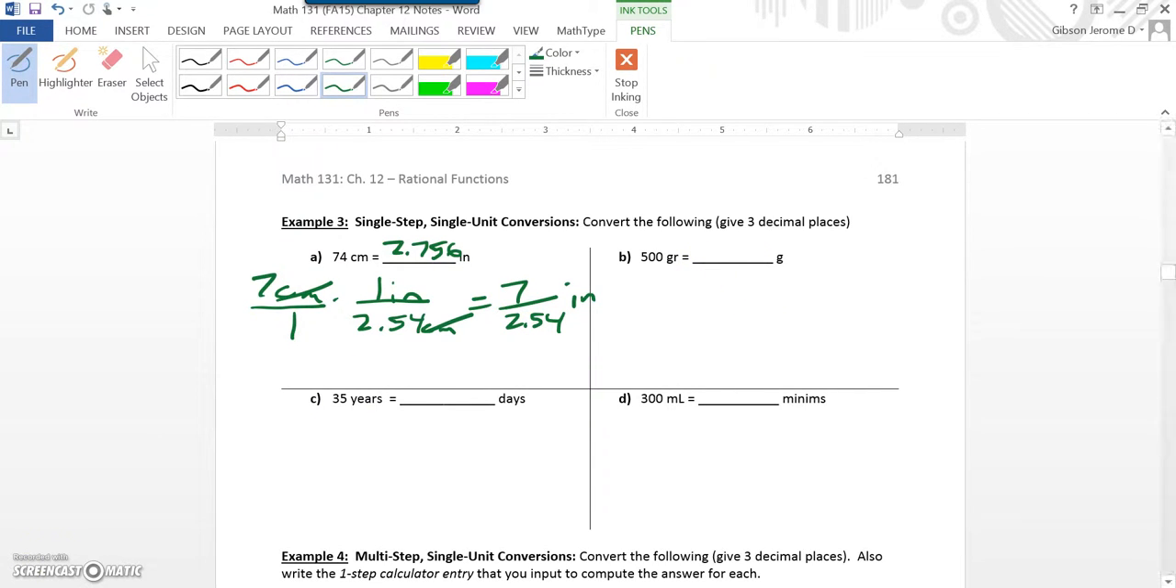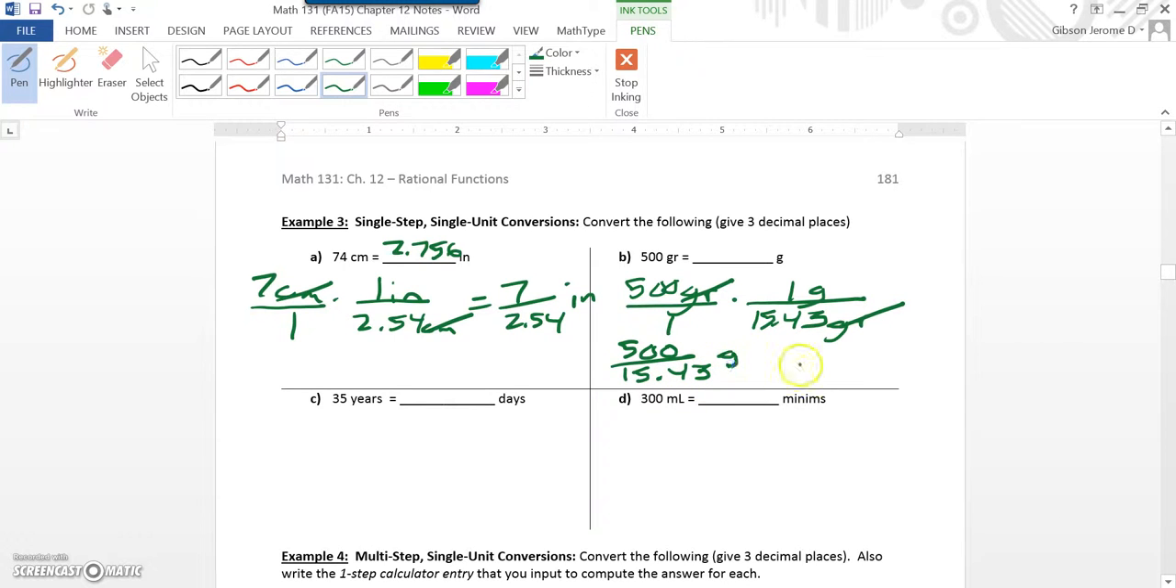Now, for B, we have 500 grain is equal to blank grams. So we will go back to the chart, and we have 500 grain times. Now, in our denominator, we know we're going to have grain here. Now grain is actually done in milligrams. Oh, we do have it in grams. So it takes 15.43 grain to equal 1 gram. Okay, so now we will put this over 1. The grains will simplify out. We will have 500 over